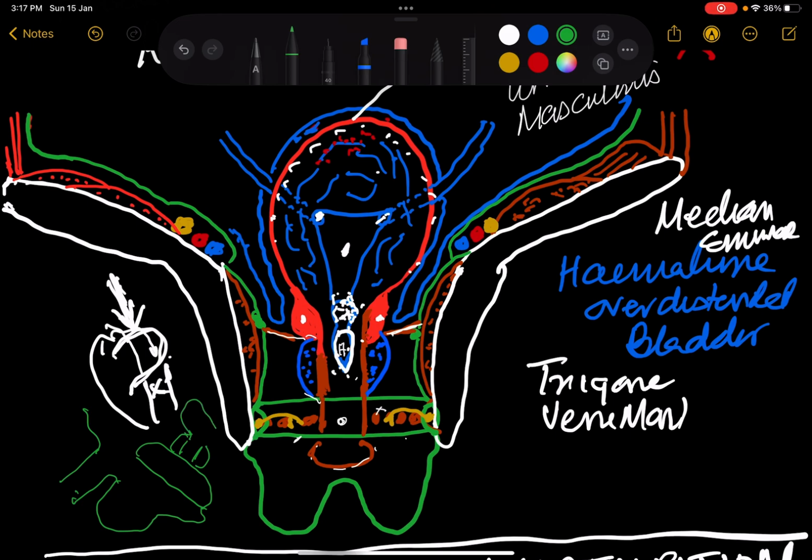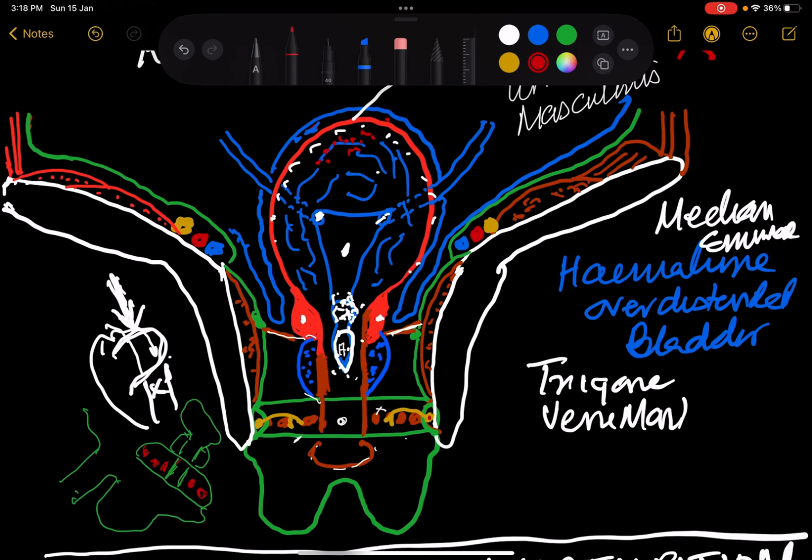Here is the bladder on this side. This becomes the membranous urethra. It is surrounded by a muscle which is called the external sphincter,